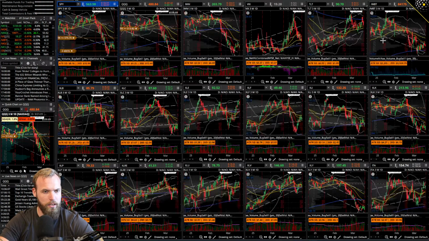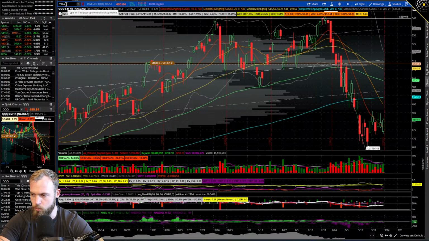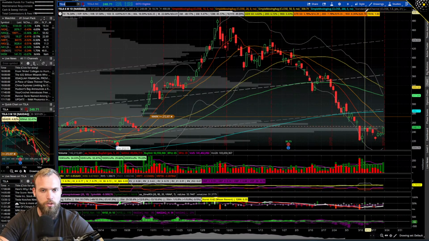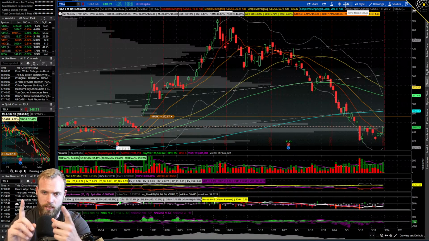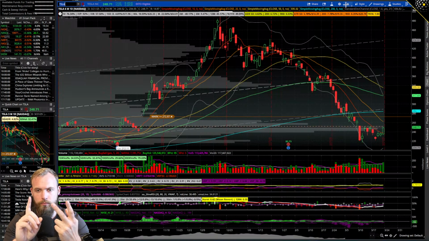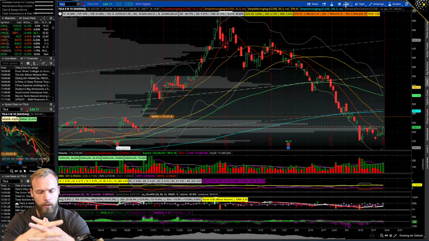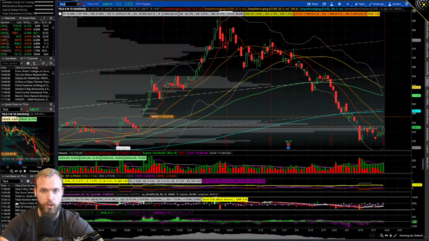I'm not going to pick an index. Actually, we can pick an individual stock, because this is one that I traded recently that's been topical, Tesla. If I want to try to trade Tesla to the downside, there are a few ways. We can short shares, which is fine. We can sell calls. We can buy puts. Now, with shorting shares, there's a cost to carry that position, and it is a little bit expensive to maintain the position.